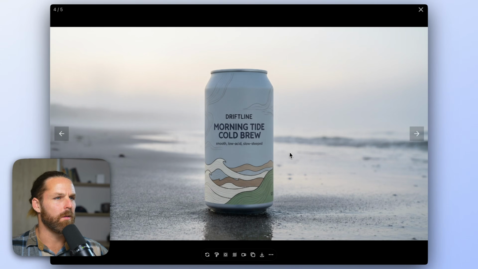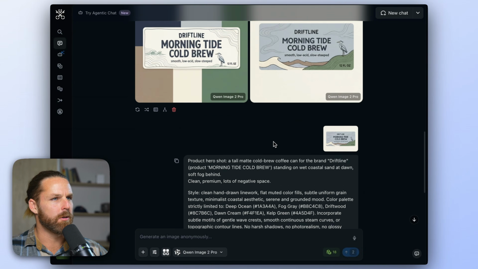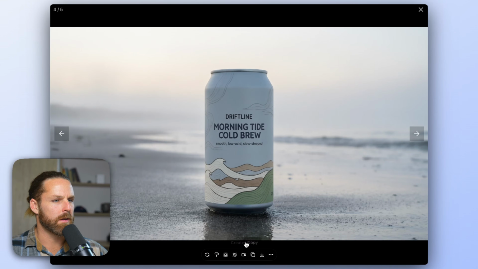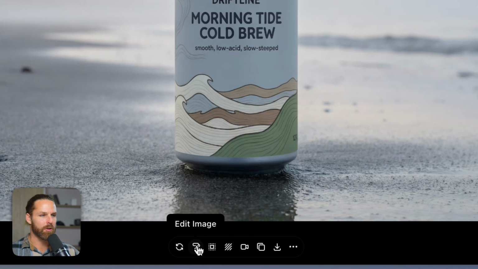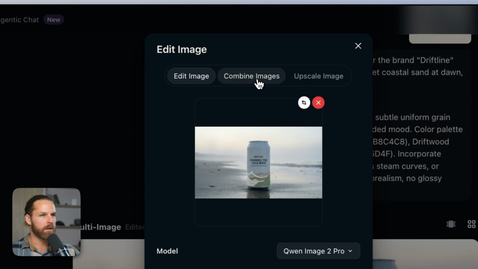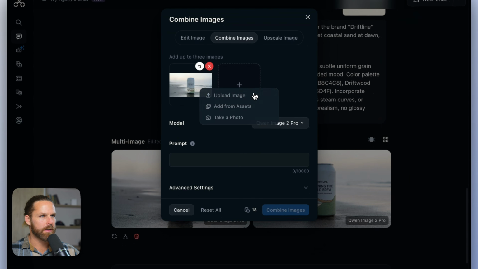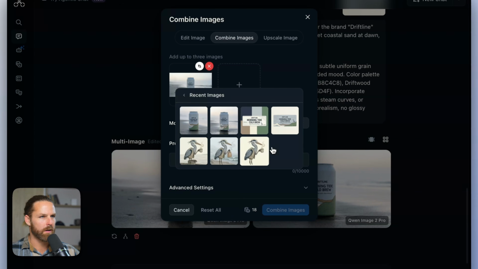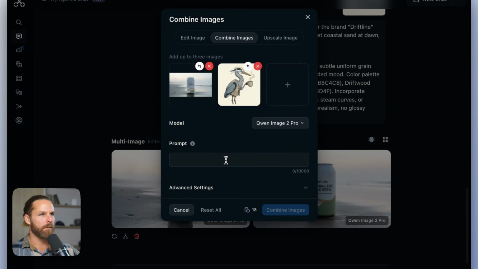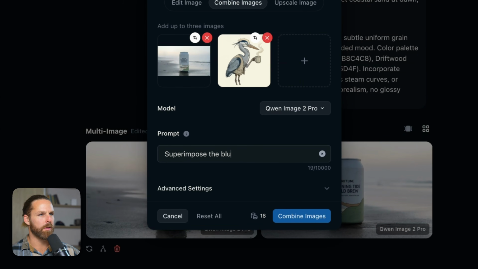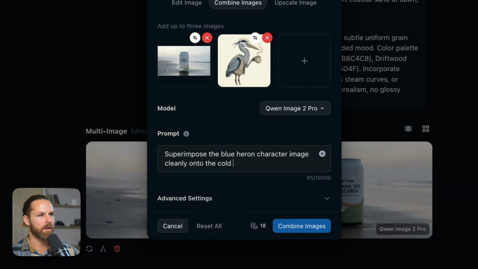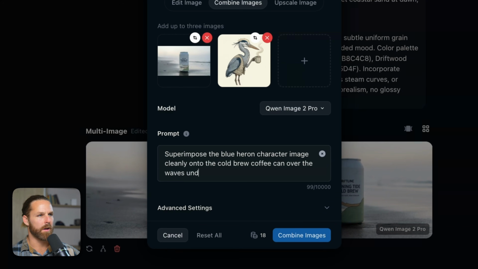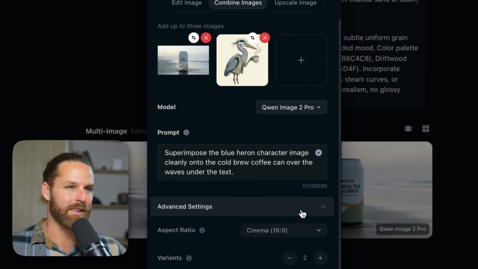All right, there we go. We got our can. We did lose the heron. So what I'll do here now is I'll use the edit image feature. I'll click that edit image icon and I'll go over here to combine images. And I'm going to select from my assets our mascot here. And I'm going to say superimpose the blue heron character image cleanly onto the cold brew coffee can over the waves. Under the text. Now this might be a little bit tricky just to get a clean style here,